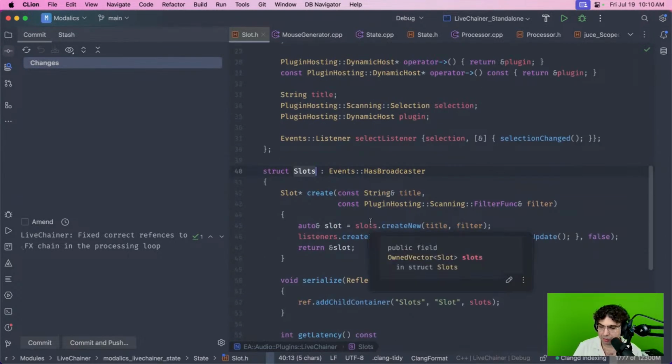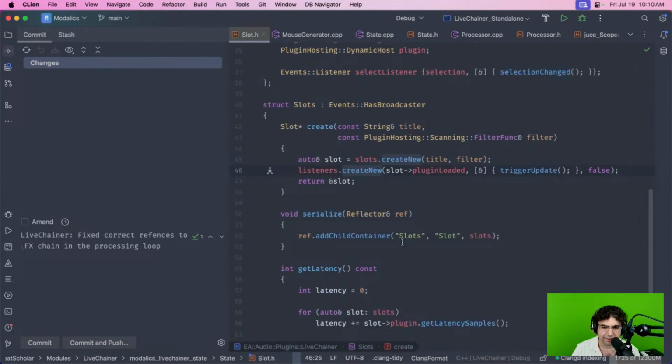So the problem I had with this, let's call it struct, is that it basically created a chain that had the processing effect, for example, and the MIDI in the same vector. And that means that if I serialize this, if I save it to a preset and I reload it, it's going to load it in the same order, which I guess makes sense if I would write a generic host, but I want to make sure that